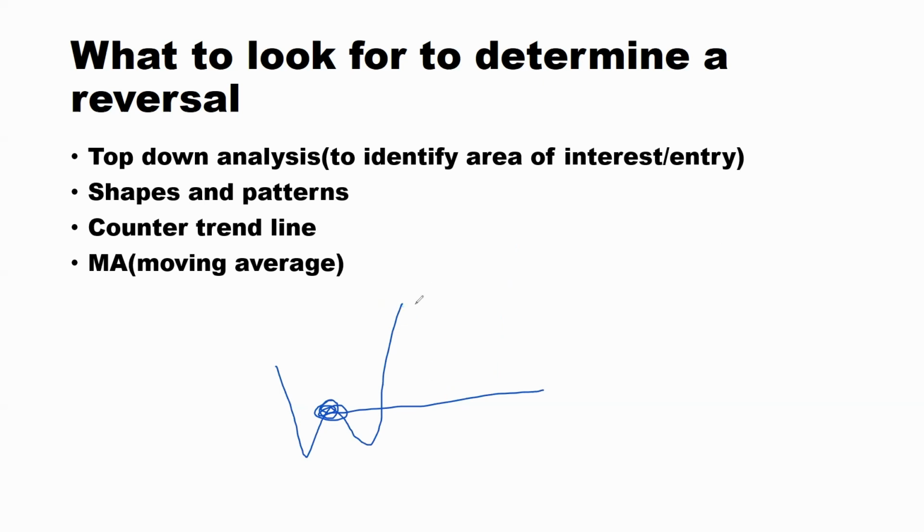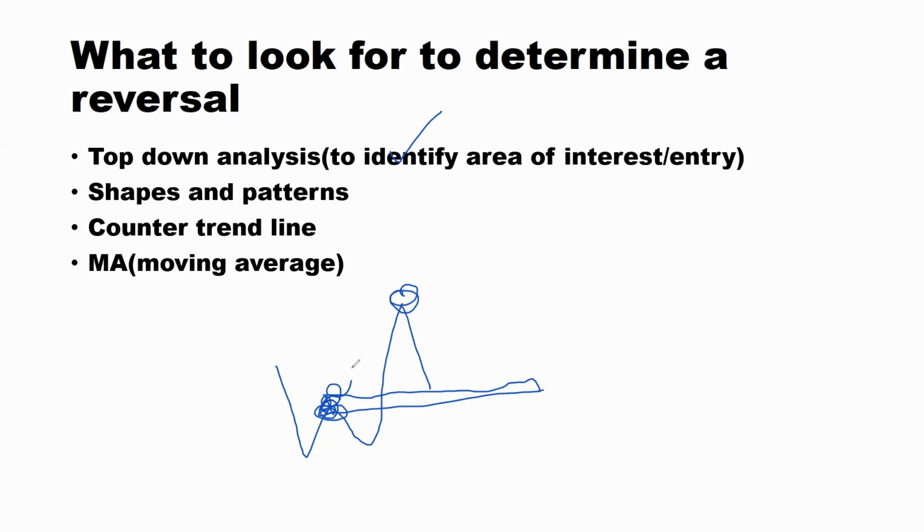Let's assume I want to trade the market when it is up here and I want to come down with it. What am I going to do? I'm going to mark this neckline and I'm going to be looking for the reversal shapes and patterns. Remember, we have first done a top-down analysis. Let's say we have identified our direction, where we know that we're coming down, and the shape or pattern that we identified is this W here. And we know by the rules of a W or an M, after the neckline has been broken, we expect what? A retest. So this is what we're expecting.